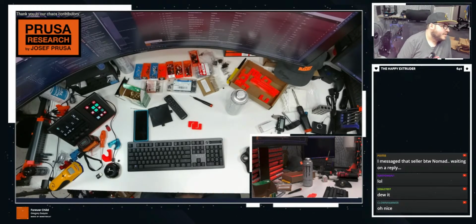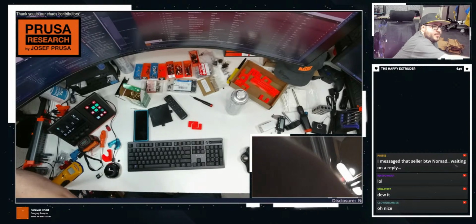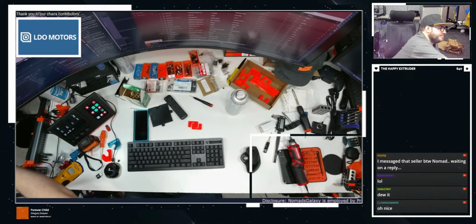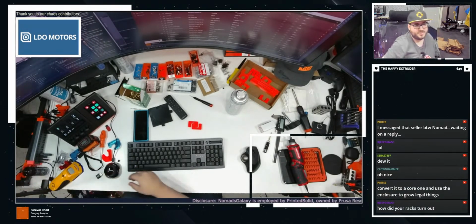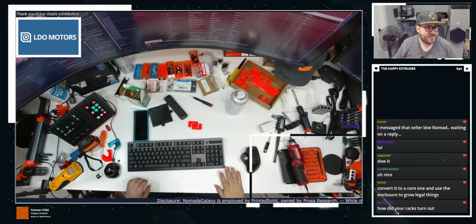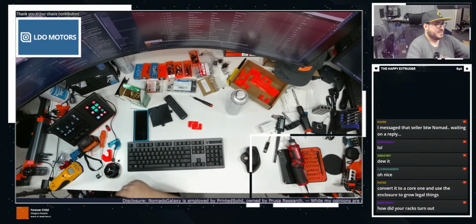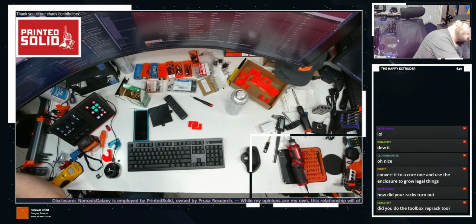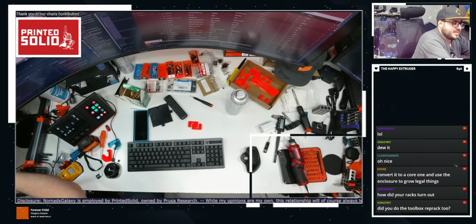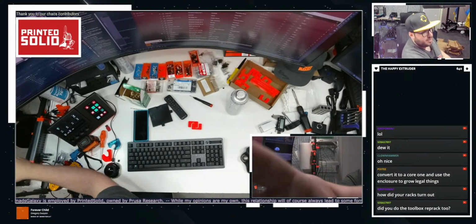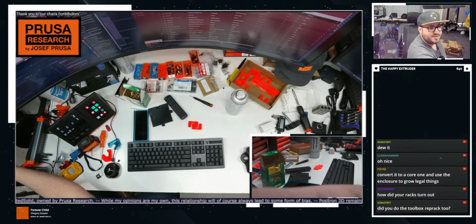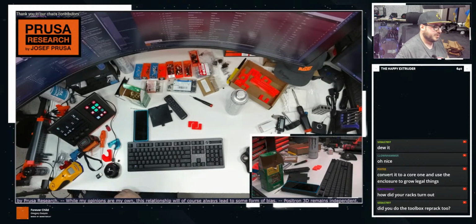That's a neat thing. Hold on, let me tilt this camera 180 real quick. Oh, I killed it. It's dead, Jim. I killed the camera. Never mind. We're not doing that. The racks turned out great. Let me reboot this camera. Yes, I did the toolbox rep rack. There we go. Hello. Hello. Okay, I keep forgetting that this camera is way more sensitive to things going on.